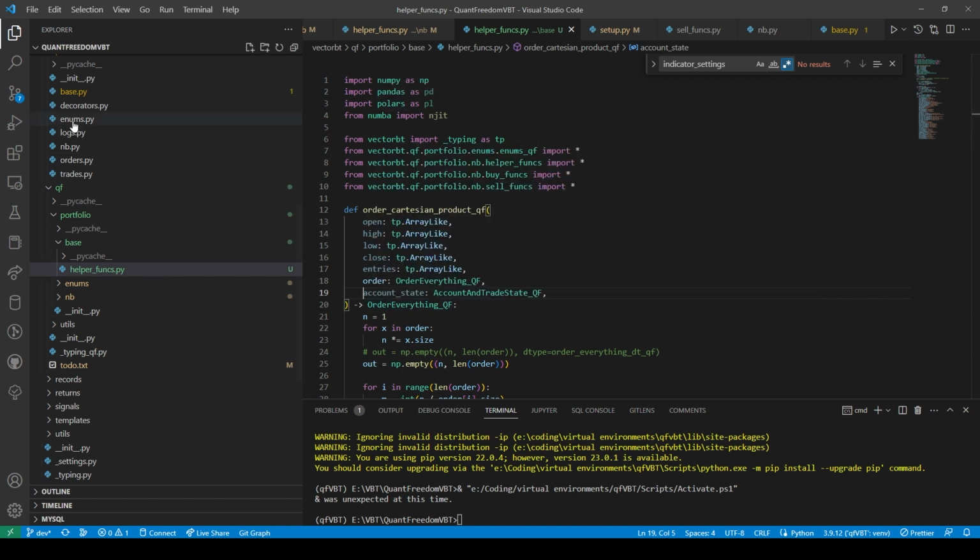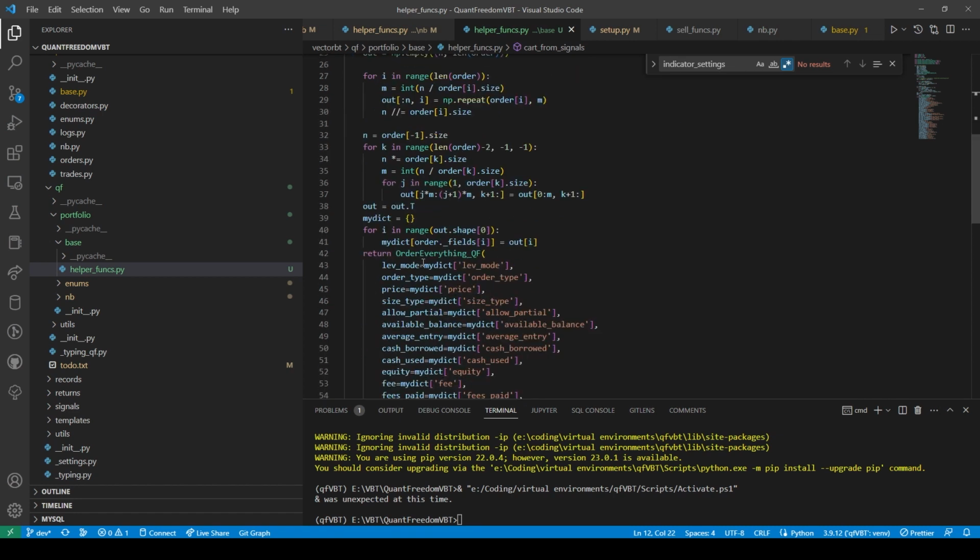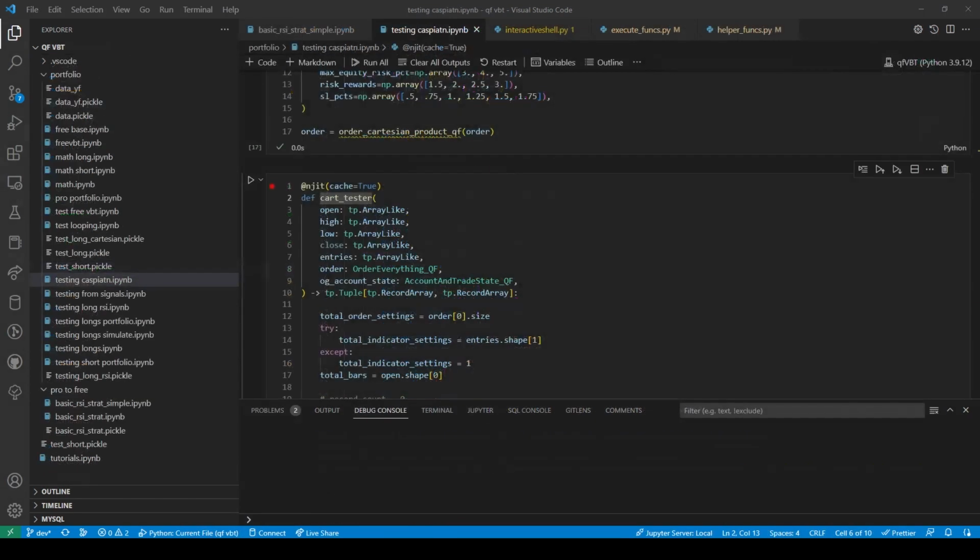And then cart from signals. And then when this is done, I call this function, which is going to look for